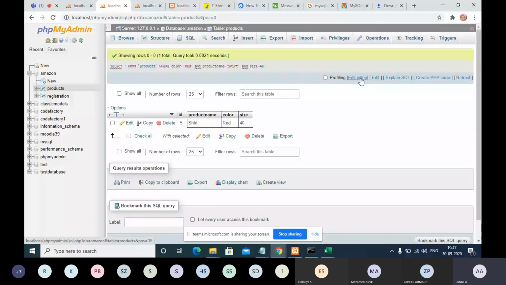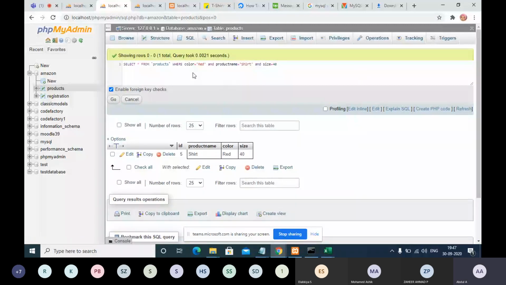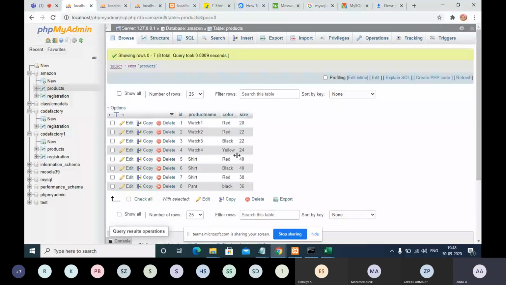Now what I'm going to do is, color is not a concern for me. Either the color may be black or red. A lot of colors are there. For example, yellow is there, red is there, green is there, blue is there. Now I need the results from 2 selected colors, for example, red and black. Let me check. Yes, black is also there, yellow is also there, red is also there. I don't want any yellow shirts, but I want black and red. I'm okay with any 2 shirts.